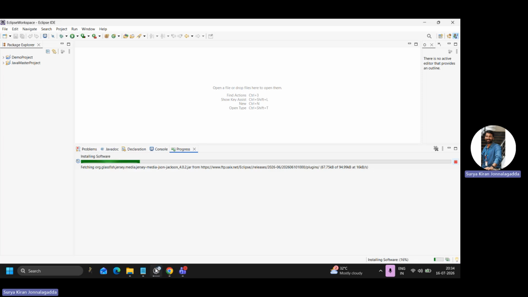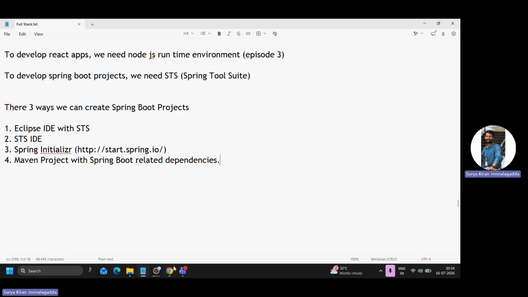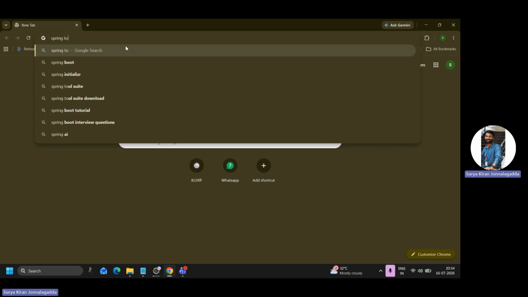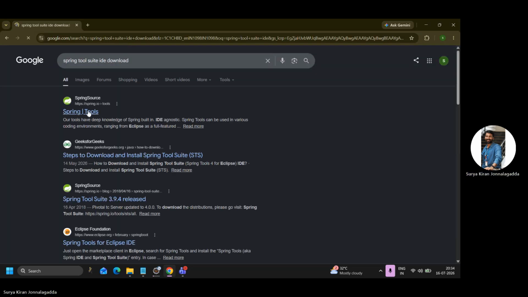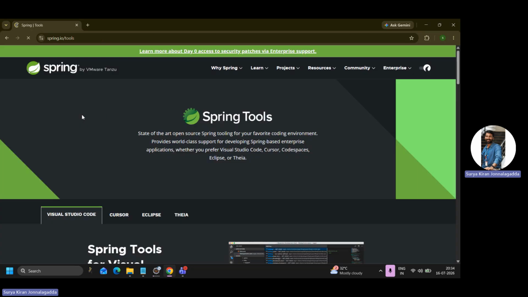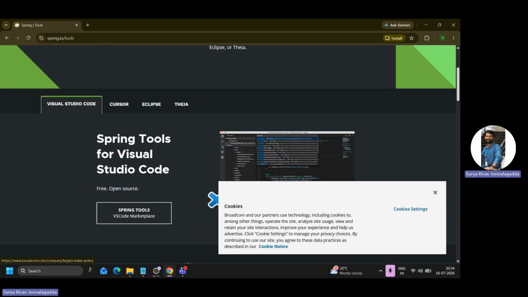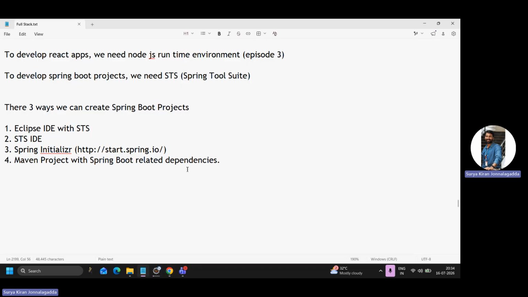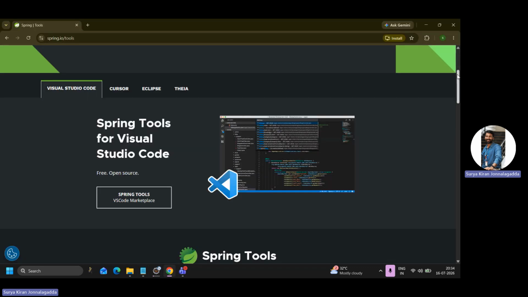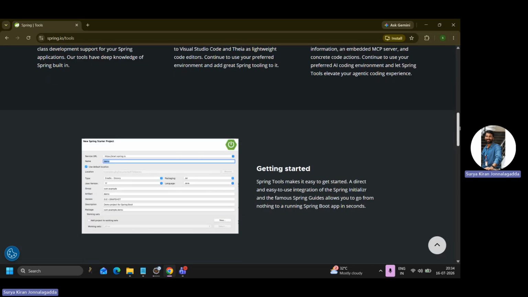Meanwhile, let's talk about the second way, which is the STS IDE. So you type Spring Tool Suite IDE in Google. You go to Spring Tools. You can see separate IDEs. Like the first one is VS Code. Also, you can create Spring projects by just having what we call an extension. We'll discuss later. If you want, I can add that point also: VS Code with the Spring Tools, but that is an add-on extension only. The IDE is VS Code, and